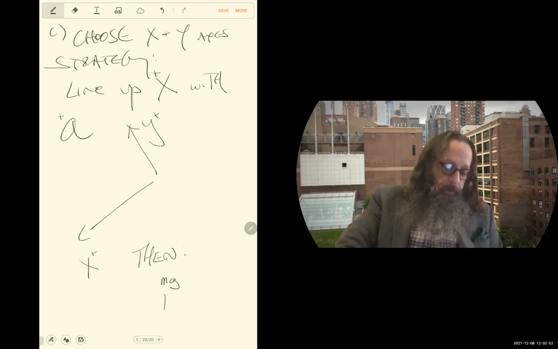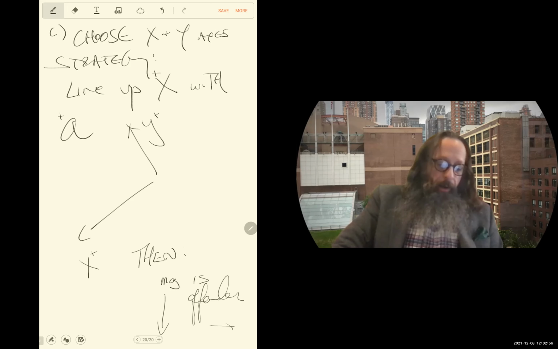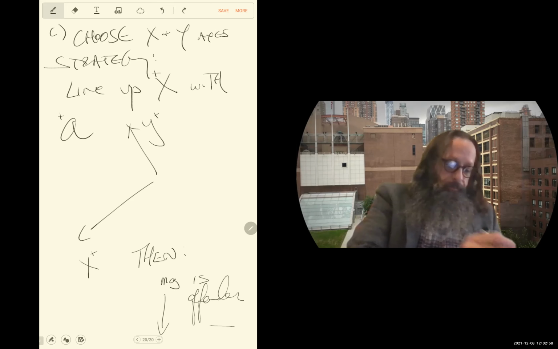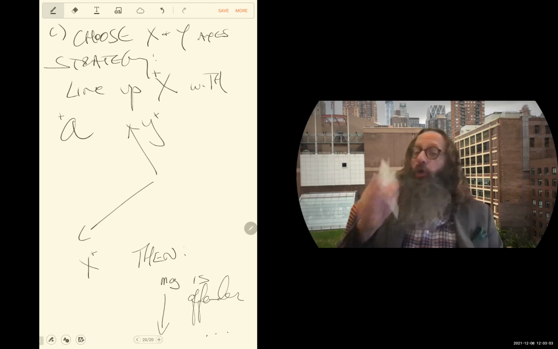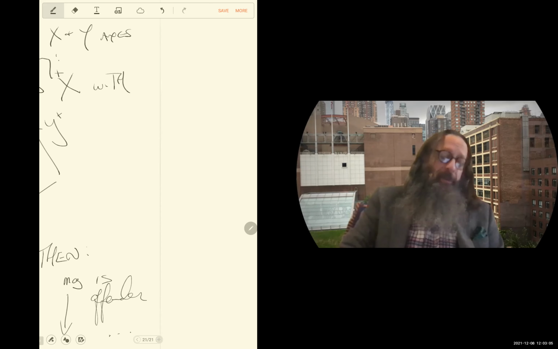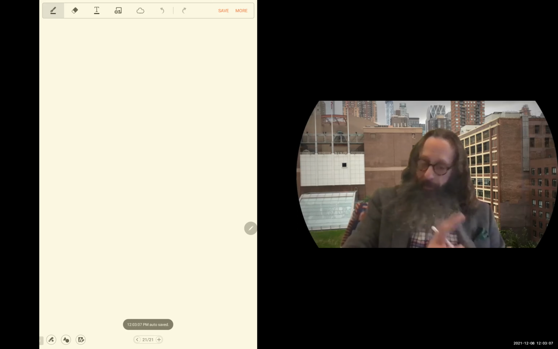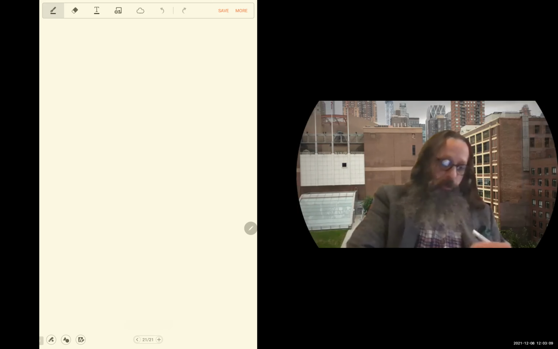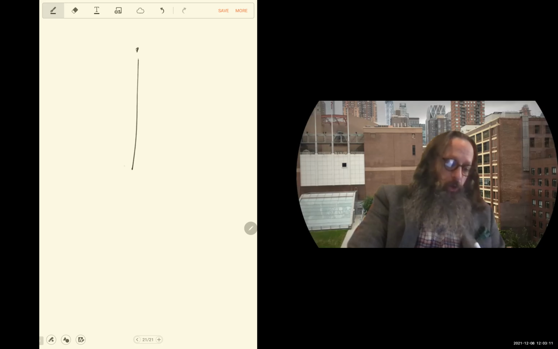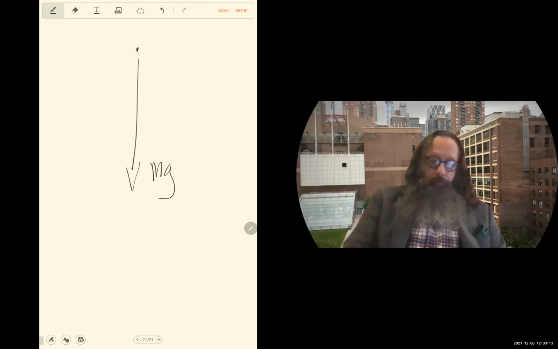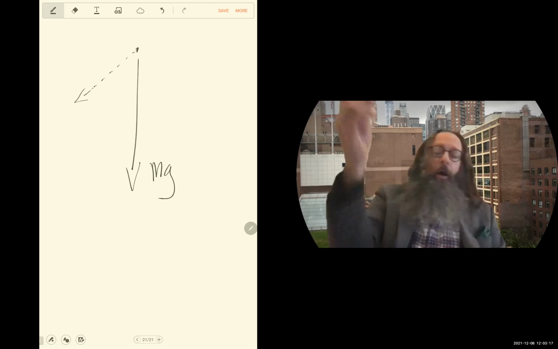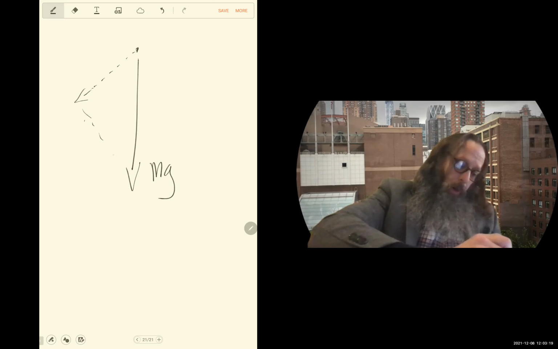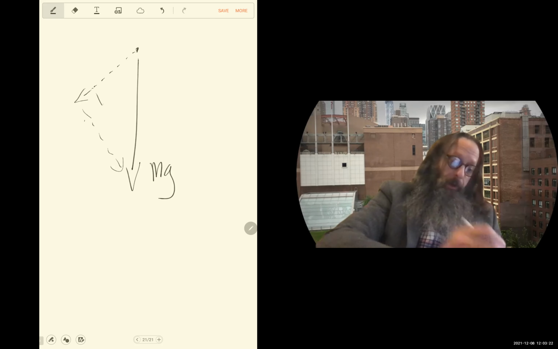mg is the offender. And if I quickly, in 2 minutes, zoom in on mg and break it up, you might have to give this some thought, and I'll say more about this on Monday, probably, hopefully. But if I zoom in on mg, to pull down is really to pull somewhat along the plane and somewhat in the plane. Notice what I'm doing here is a little bit exotic.